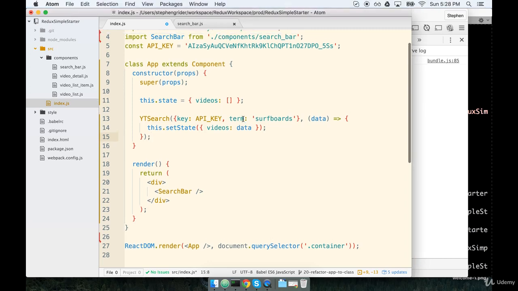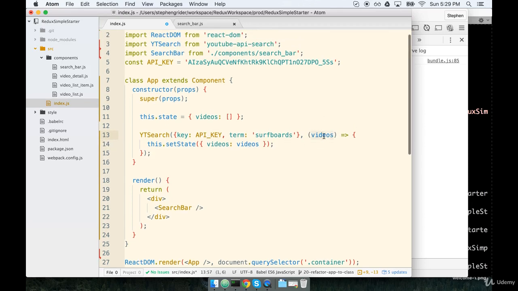All right, so now notice that the object that we're passing to this dot set state has a key of videos, and the value is data. And we've really got control over the name of that data argument. This doesn't need to be data. It could also be like foo or oranges, right? We could also make it videos, which really makes a lot of sense because it is an array of videos,